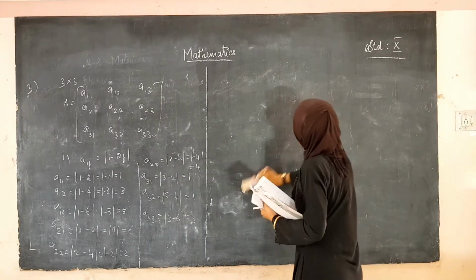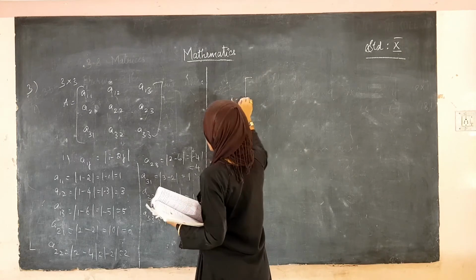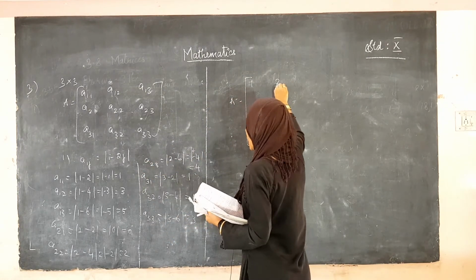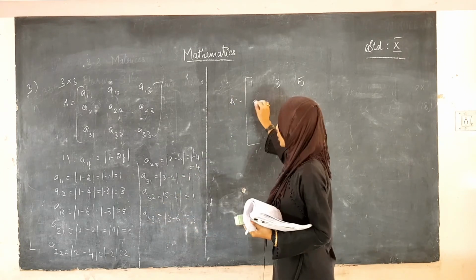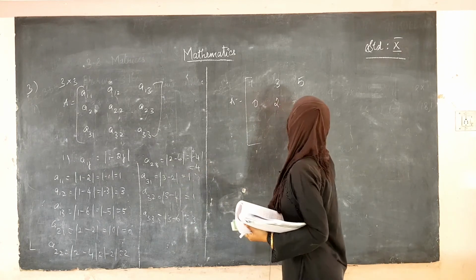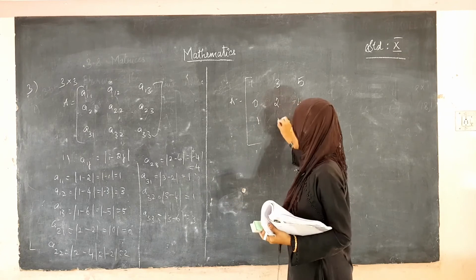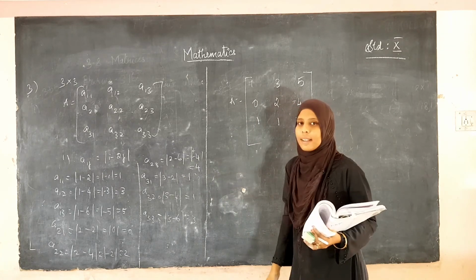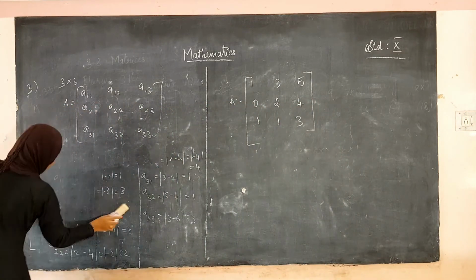These are the elements of the matrix. Now we are going to substitute in the matrix. So the matrix will be A11 is 1, A12 is 3, A13 is 5, and again A21 is 0, A22 is 2, A23 is 4, A31 is 1, A32 is 1, A33 is 3. So this is the required matrix. Okay. Now for the second subdivision,